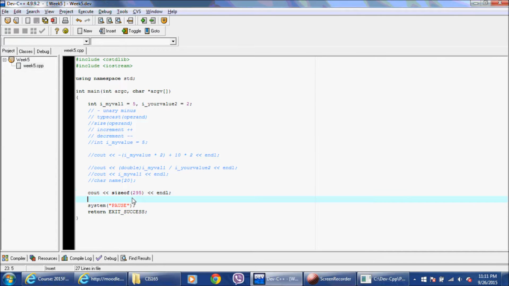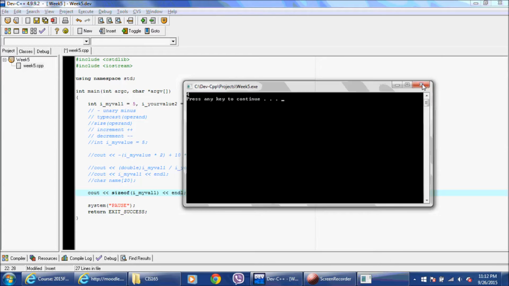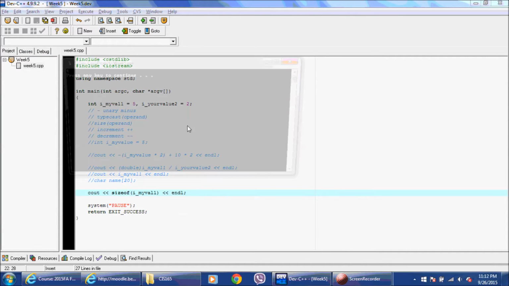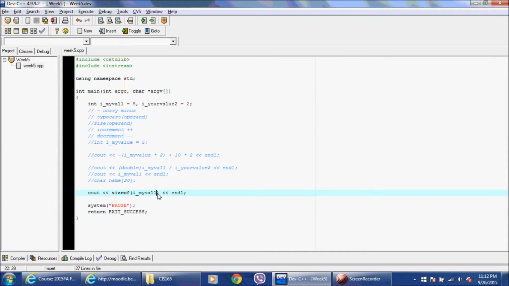You can also get the size of a variable, how many bytes have been allocated for it, as we did with the char. So my val, if I compile and run, let me close this, 4 bytes. Okay? Now, here's a cool thing. Remember how we were talking about implicit casting? If I do 3 times 4.0,